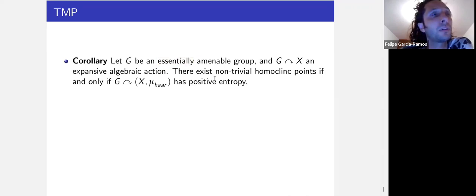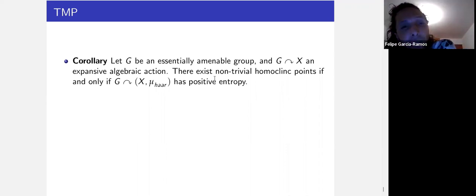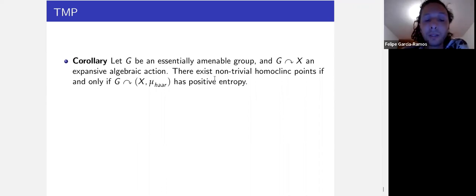But this we also don't have, we don't have a counterexample. But our conjecture is that, for example, if you take the free group, there should be an example with positive entropy, but no homoclinic